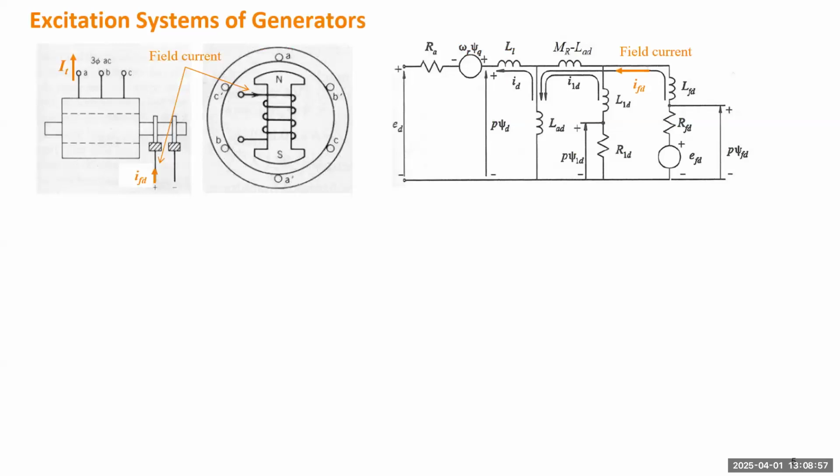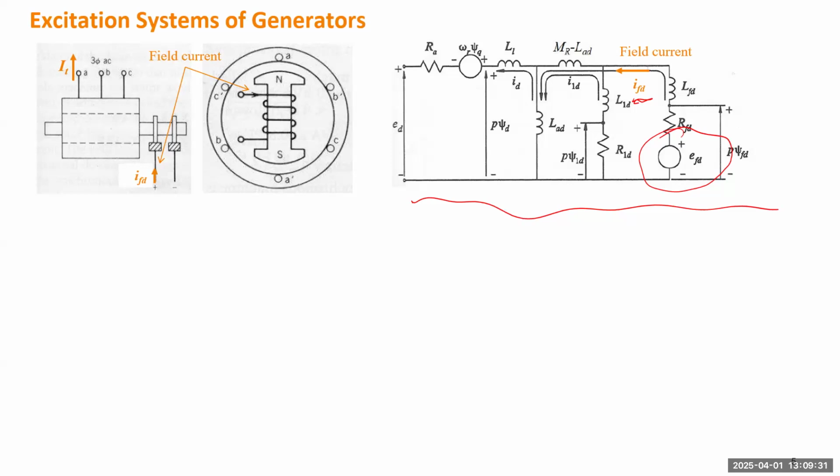Okay, so let's first talk about the excitation system of a generator. We know this equivalent circuit in the D axis. I didn't draw a Q axis circuit because the exciter actually stays within only the D axis, right? So this is actually the source of the field current. Field current is a DC current, so this one is the DC source. It will provide this field current, and the field current will provide the electromotive force, right, as an internal